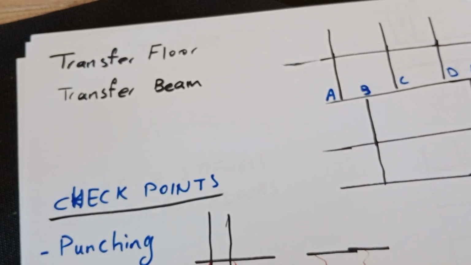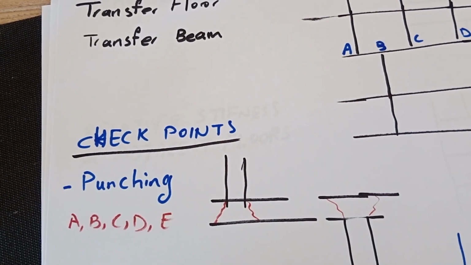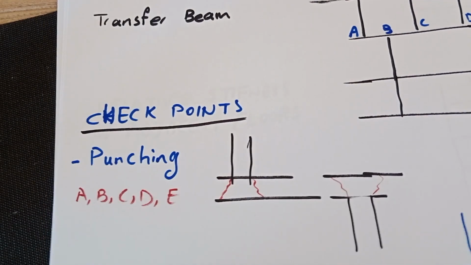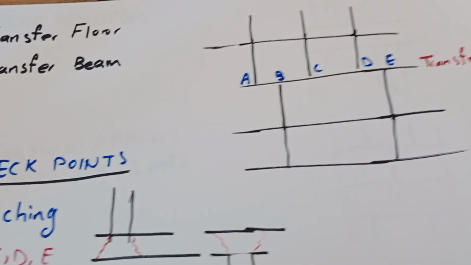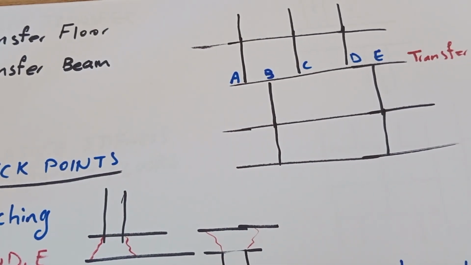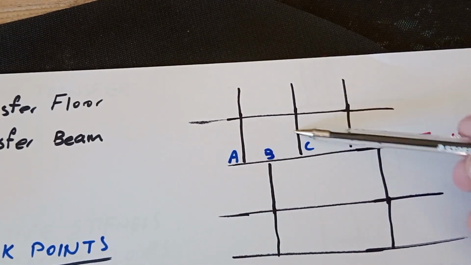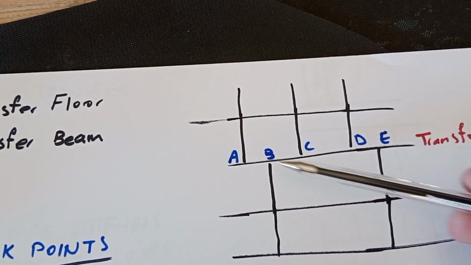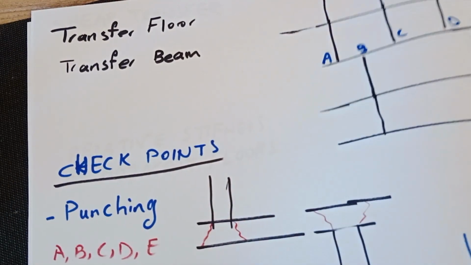There are, in general, four issues to check with transfer floors. The first one is the punching issue. We need to check it for the columns on the top floors and the columns on the bottom floors in connection with the transfer floor. We mean that we need to check for upper columns and lower columns in the transfer floor. It is very common